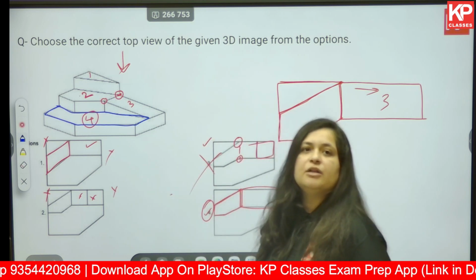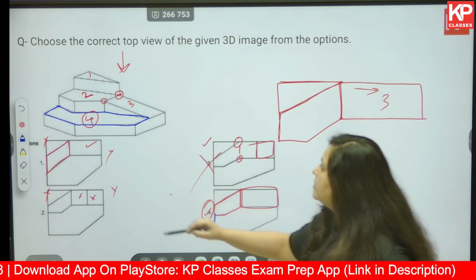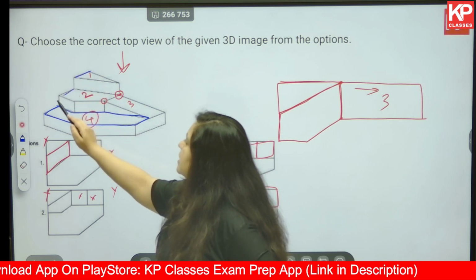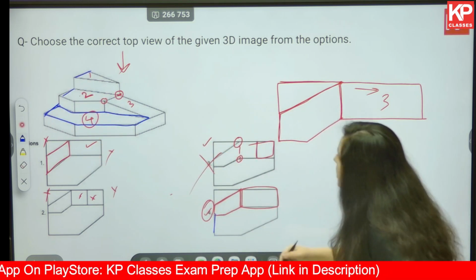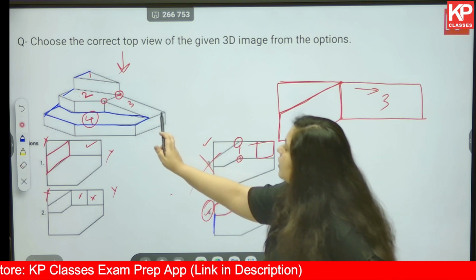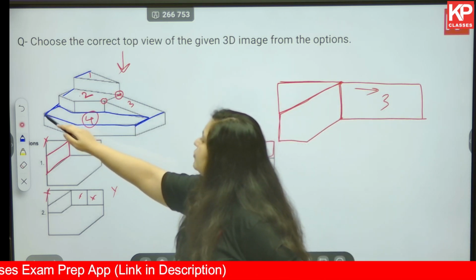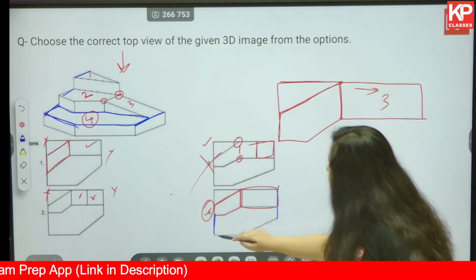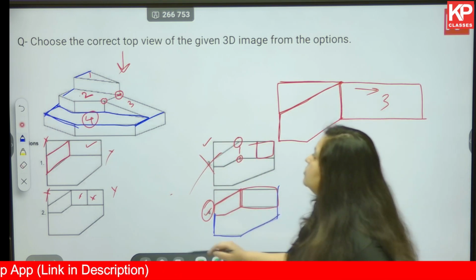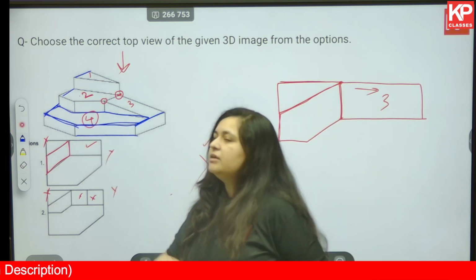This is the shape that you should be getting for 4, which is correct. You move straight, so this line and this line are parallel or in the same line. So this is correct. You move down from third surface, this is also correct. You move at 90 degree from the surface, correct, and then you join these two by an inclined line over here. Okay, so correct.